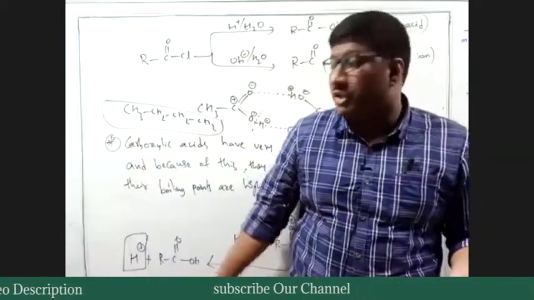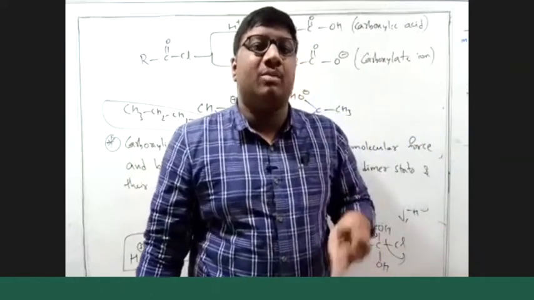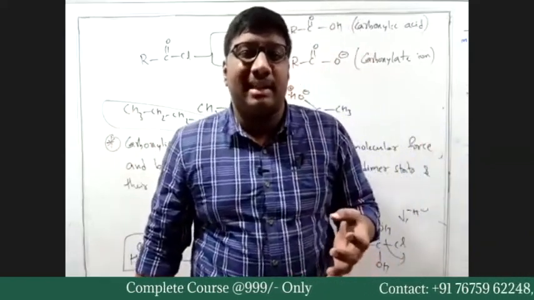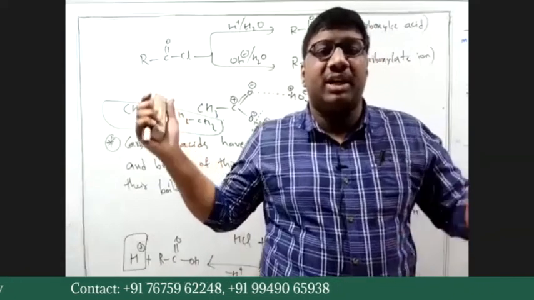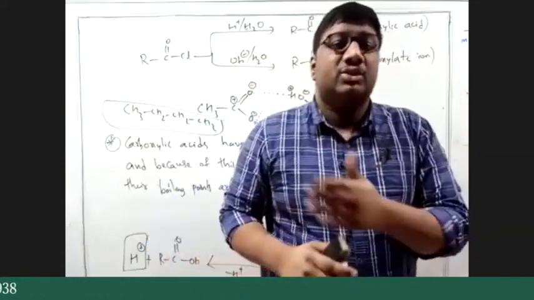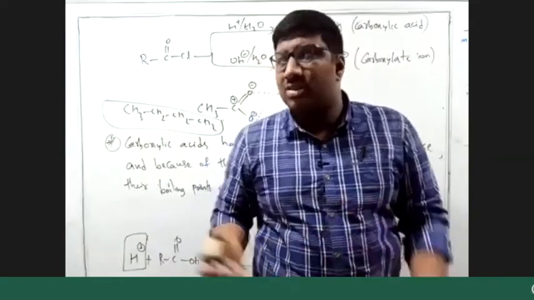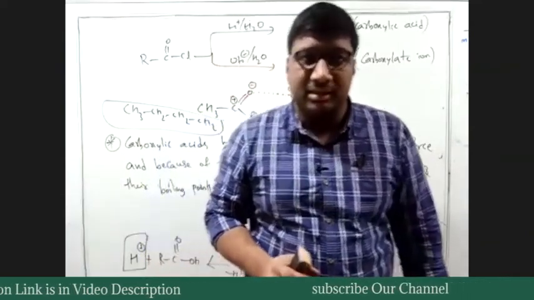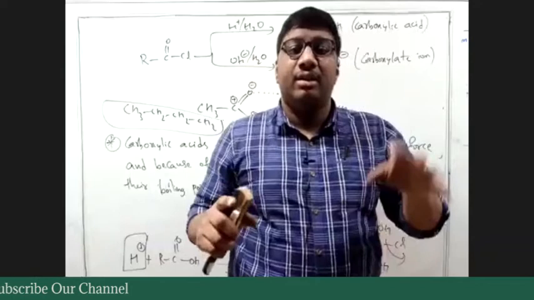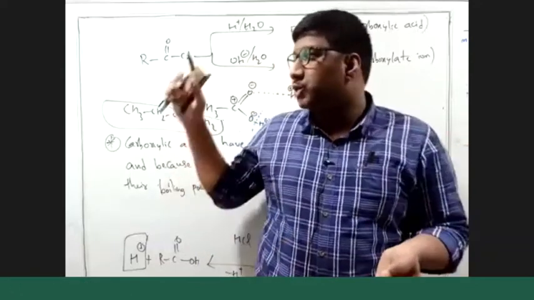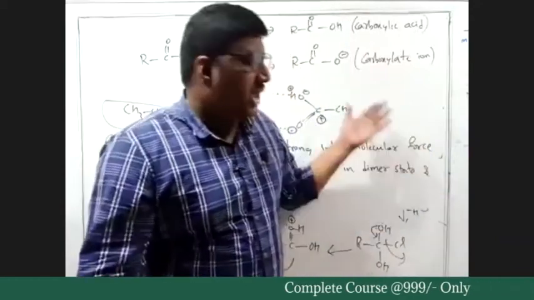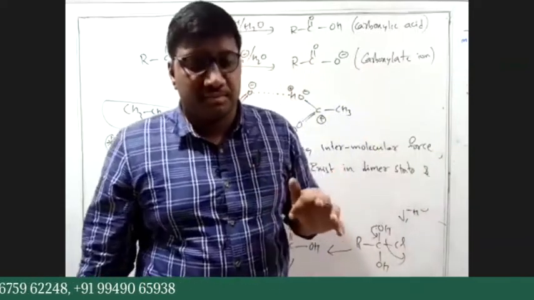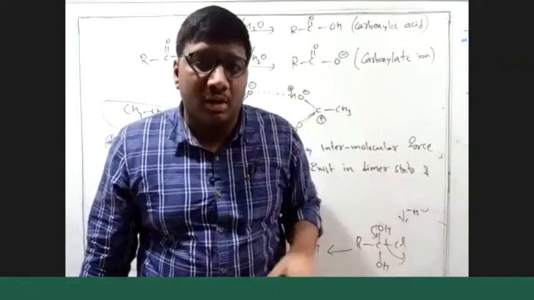They exist in dimer state. When it comes to solubility, lower carboxylic acids are more soluble compared to higher ones. If you take bigger carboxylic acids, like a 5 carbon chain or more, 6, 7 like that, they are not practically soluble in water because of the hydrophobic part. Because of this hydrophobic part, the solubility of carboxylic acids decreases if we increase the chain length. But when it comes to boiling point, it will be very high, and two molecules rearrange themselves in a dimer structure. So that is all about the physical properties of carboxylic acids.